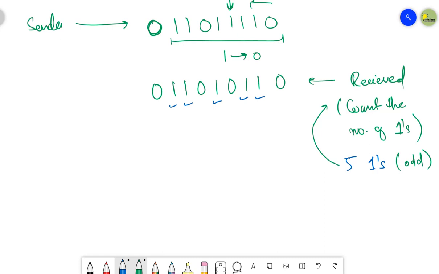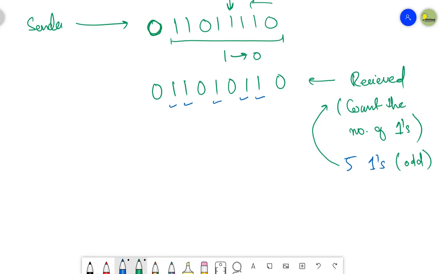So since the data has an odd number of ones, there must be some kind of error or data corruption.